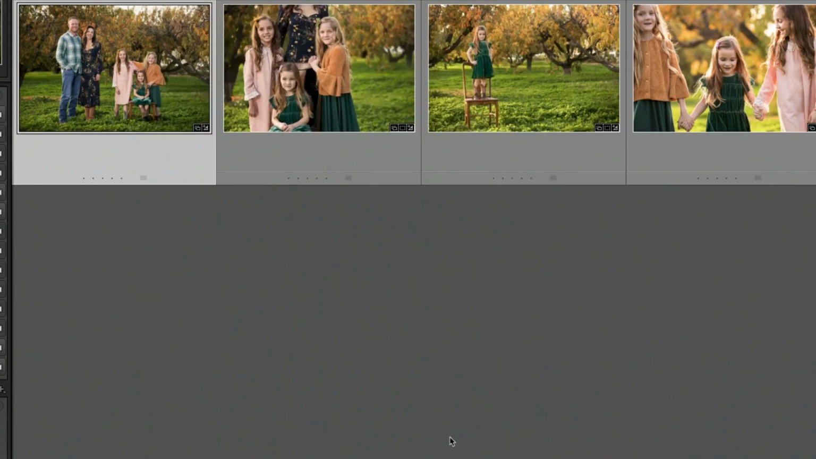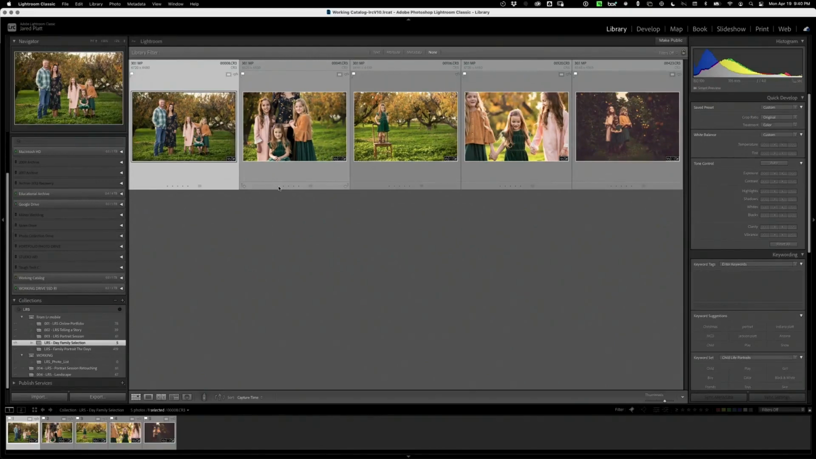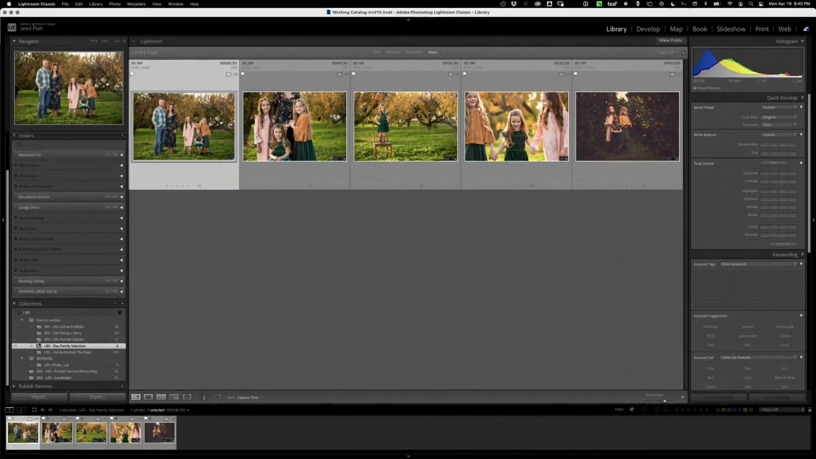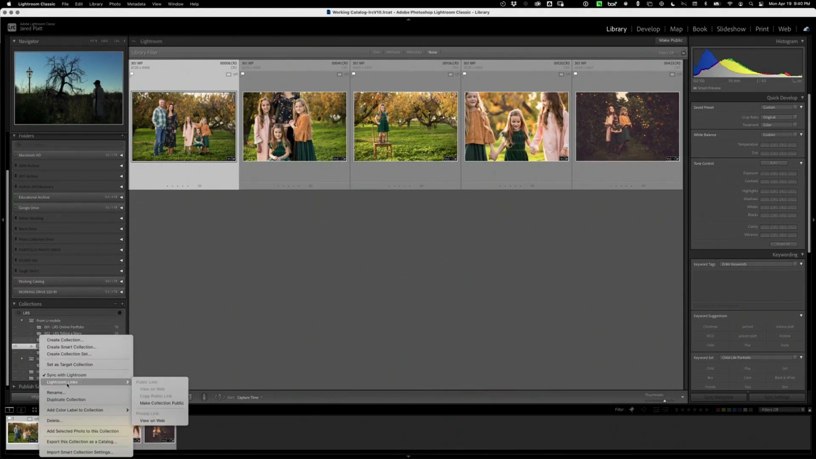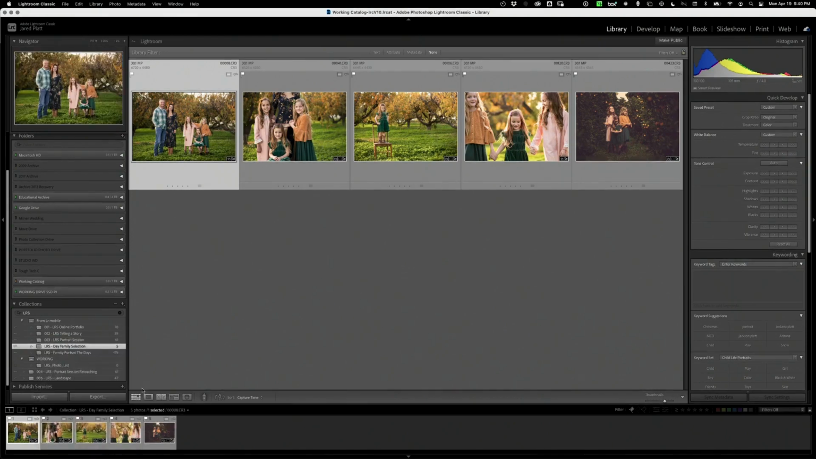And if I simply go to that collection, so I'm canceling out of here because we don't necessarily need to do this to prove this concept. I can then go and right-click that collection, go to Lightroom's links, make the collection public. And once I've made the collection public, I do the same thing. I go in,